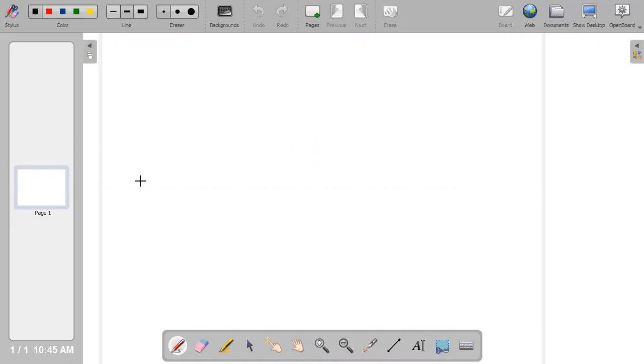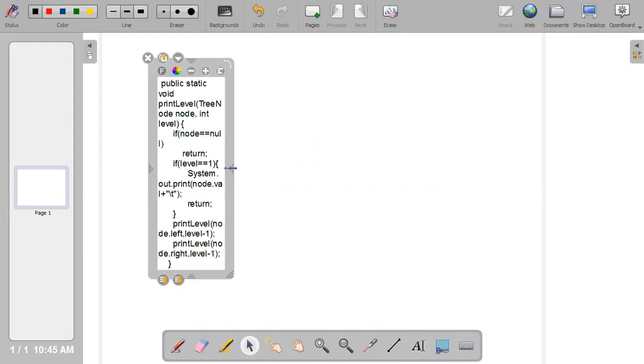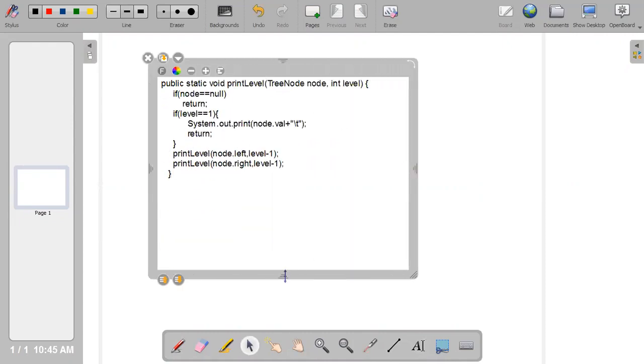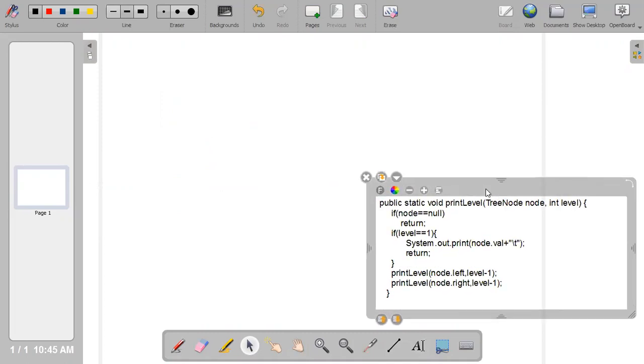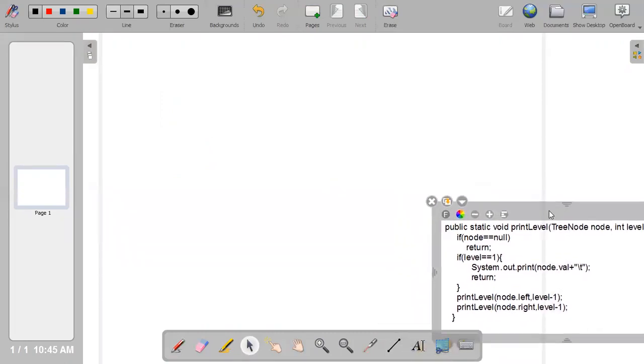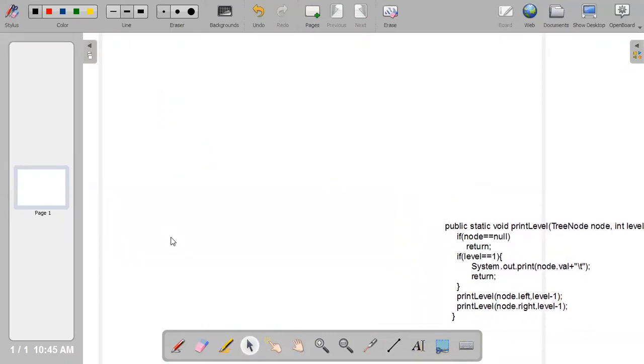Okay, so let me first paste the code. This is the code. Okay, this is at one corner. Now I have the tree here.